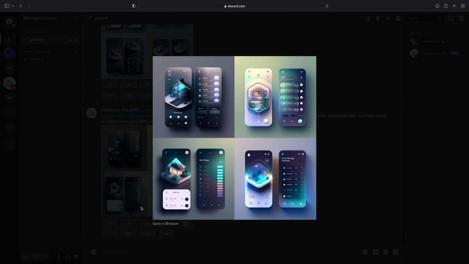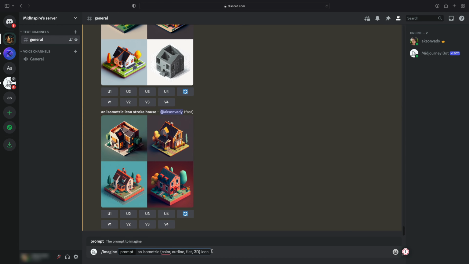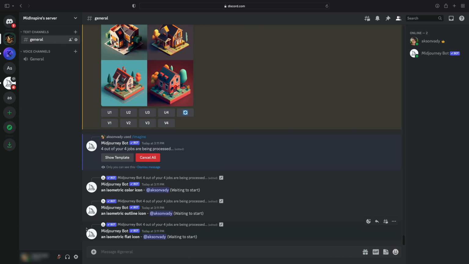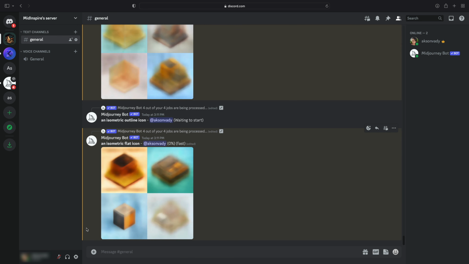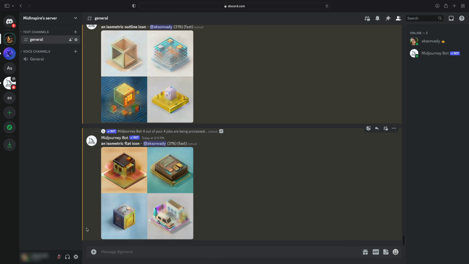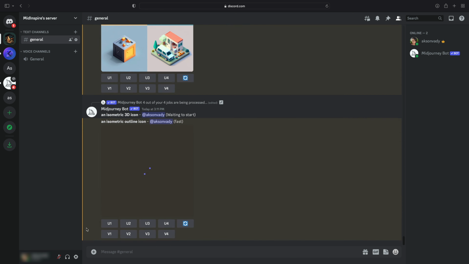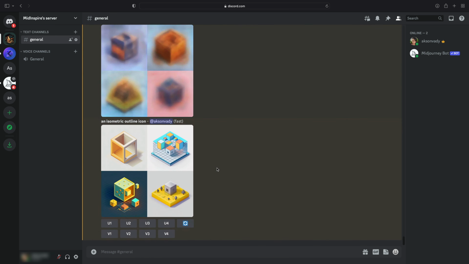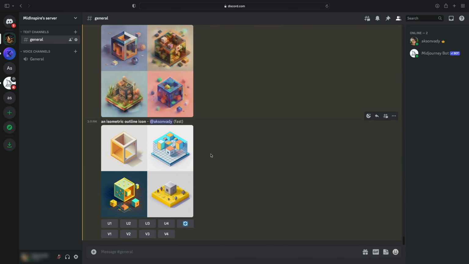The results are quite nice and better than before. Next, let's take a closer look at permutation prompts. Permutation prompts are a powerful tool that allows users to generate multiple variations of a prompt using just one /imagine command. This is achieved by including lists of options separated by commas within curly braces, which results in different combinations